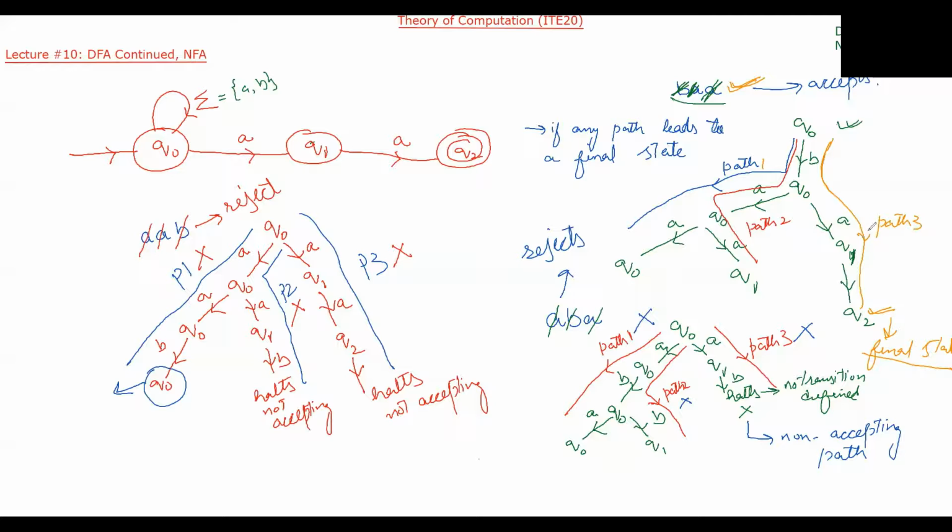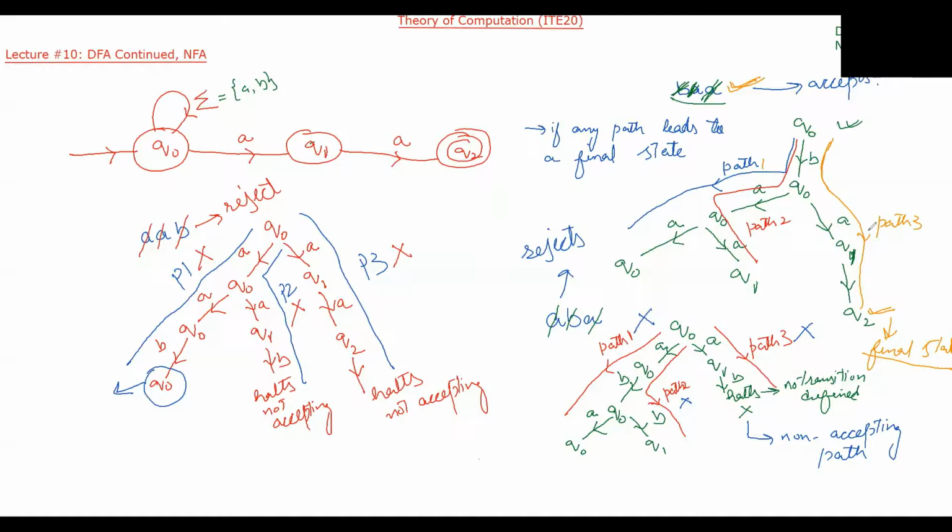Okay. So what I am saying, please differentiate here. I am saying that since there are multiple paths possible, when a string is processed by a non-deterministic finite automata, it will always take that path that will lead to a final state. However, if there are no paths possible that lead to a final state, then in that particular scenario, we will say that it can take any path.